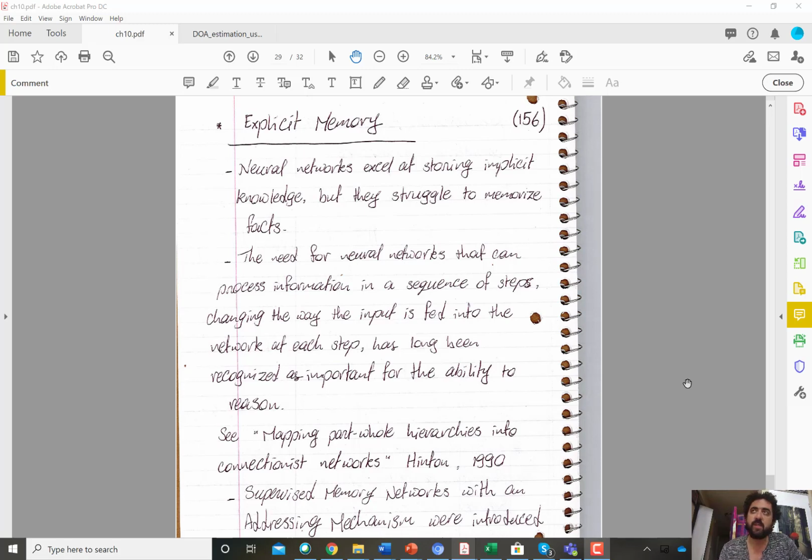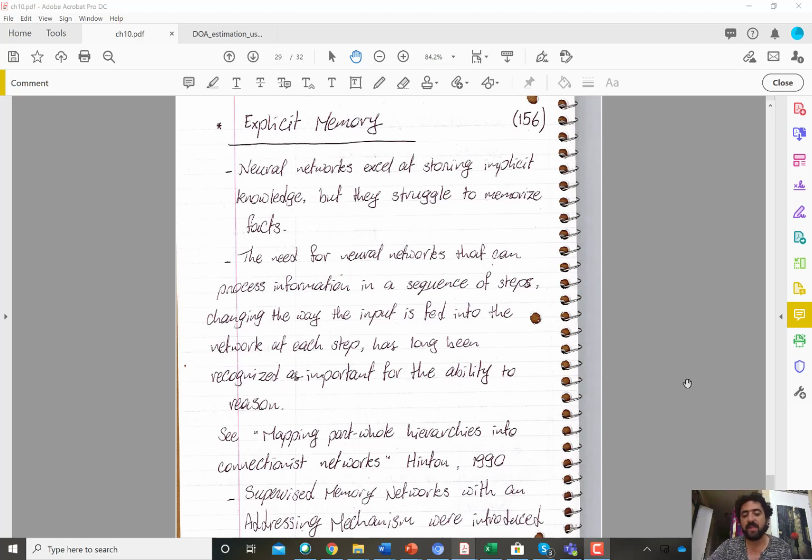But explicit memory is different, right? You can think of it as the difference in humans between subconscious memory, like when you drive, for example, you remember details which are subconscious, and conscious memory, which is deliberately recalling facts, right? Now, memory, even if you think for the case of humans, can enable multiple paradigms in learning, right? So one of them is basically capturing long-term temporal correlations.